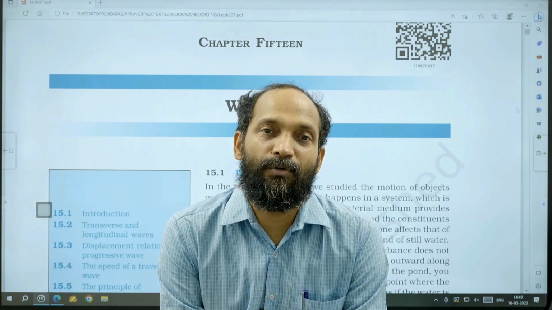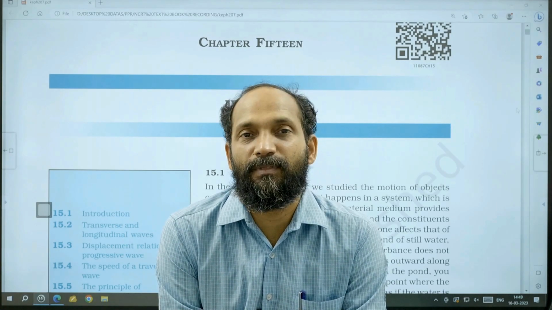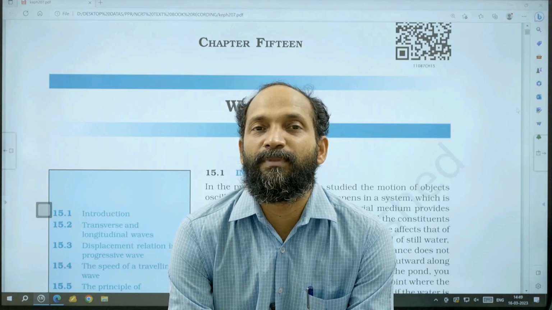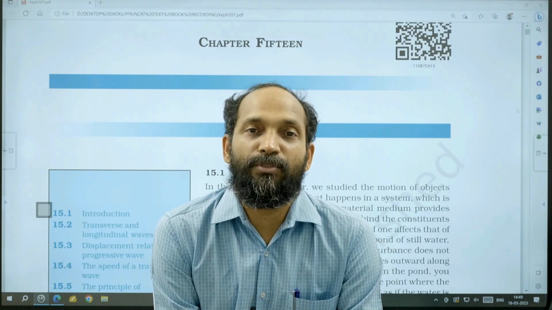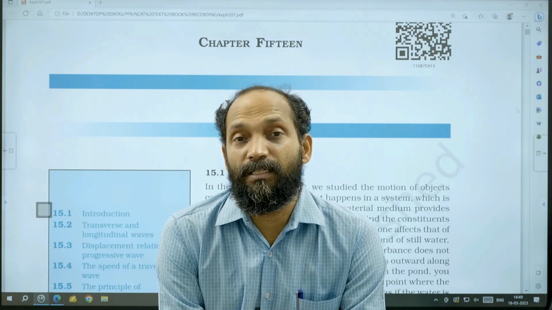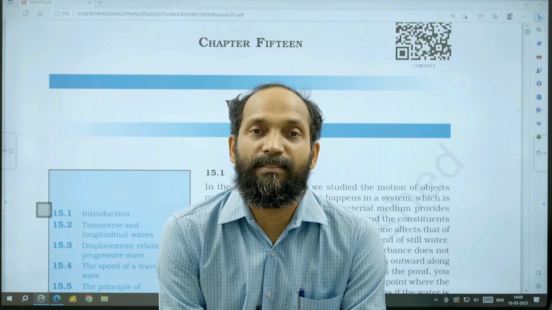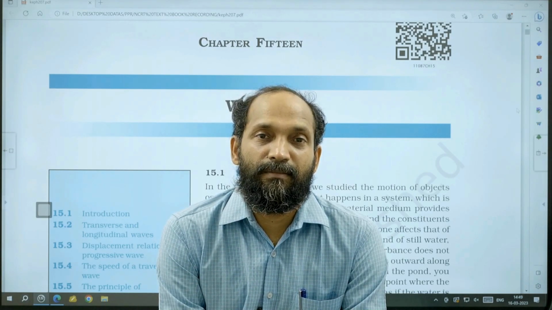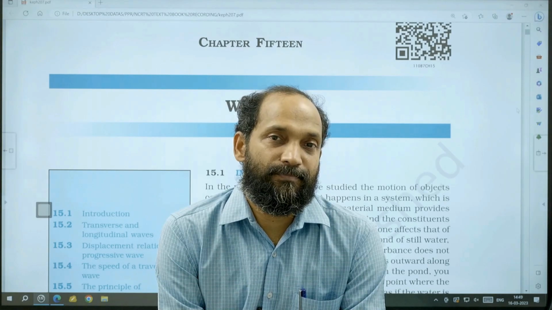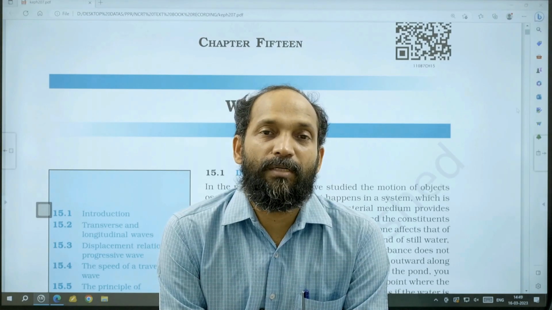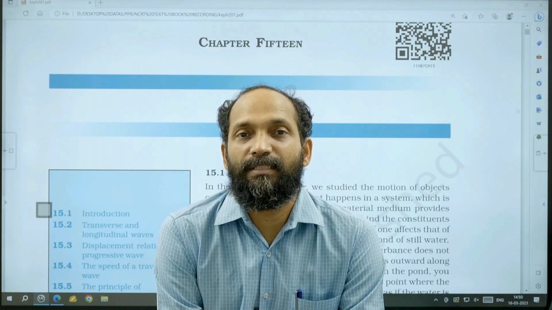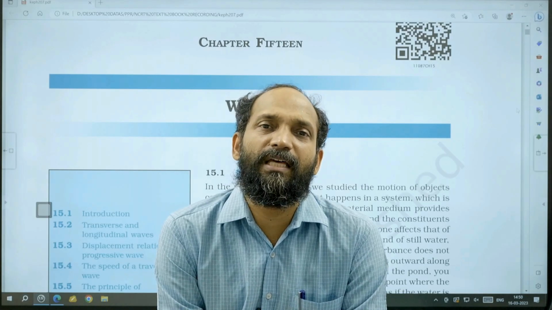Particles of the medium only vibrate. Energy propagates. So there is no translation of particles, no net translation of particles. That's the definition. Waves are modes of transfer of energy. That's all. Generally classified into two: